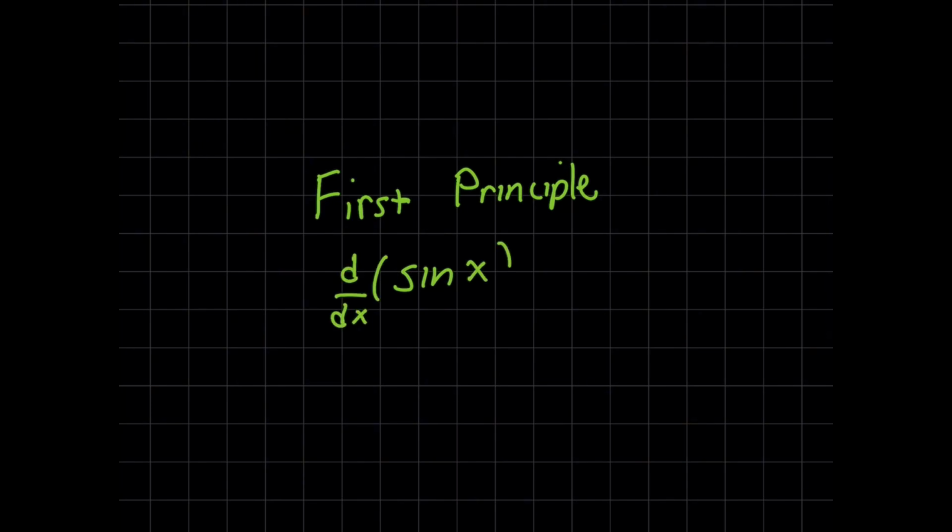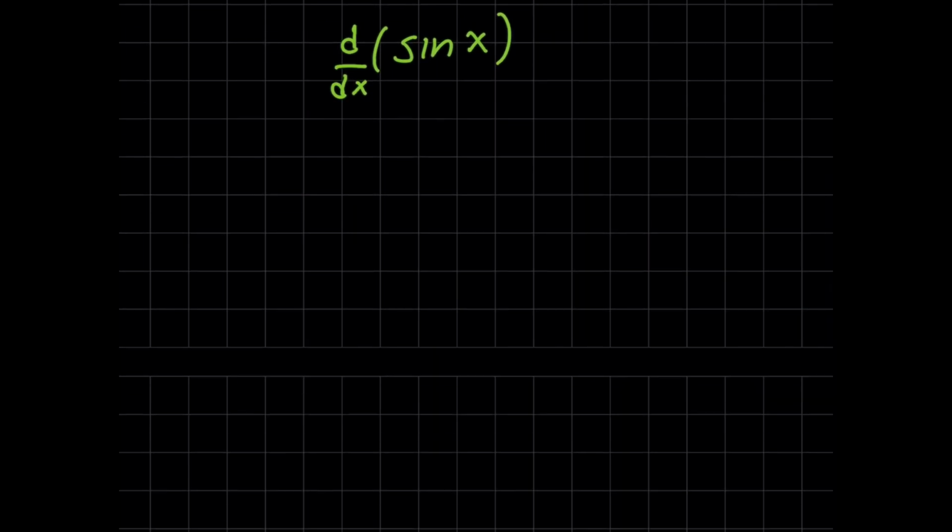In this video, we're going to use the first principle to find the derivative of sine of x, and I'm going to make it really simple for you to understand it in case you've been struggling. So we're going to find d over dx of sine of x. And if you remember from your class, with the first principle, we're using a formal limit definition for finding a